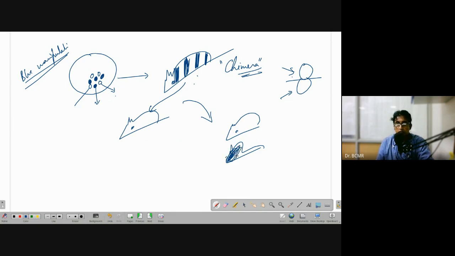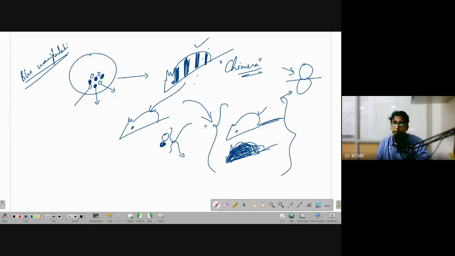Assume this is also a mouse. It's ugly, but okay. Now, if it is completely white, that means the germplasm of this individual is made from white cells. If it is completely blue, then it would mean that the germplasm is made up of the blue kind. In one litter, that is, at one time when birth is given, both are possible. Because in which case is it possible? If the germplasm is made by both white and blue cells, both contributed, some gametes are white, some are blue, then you will get different types.